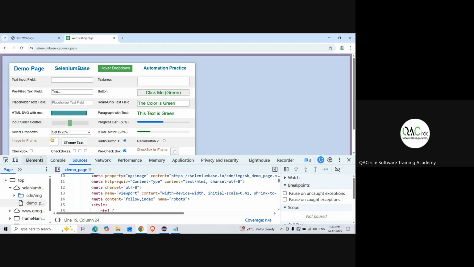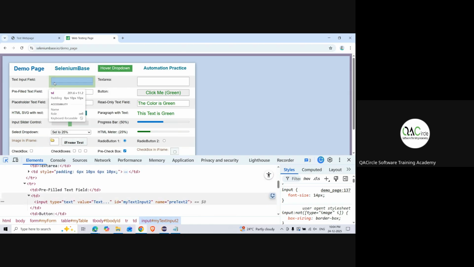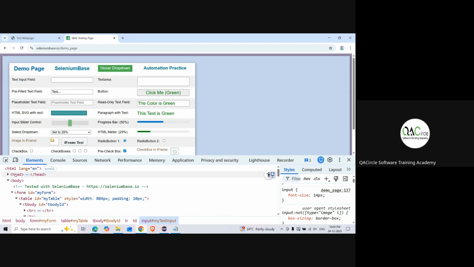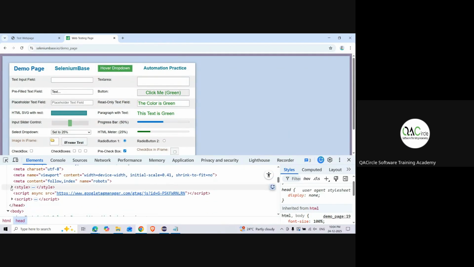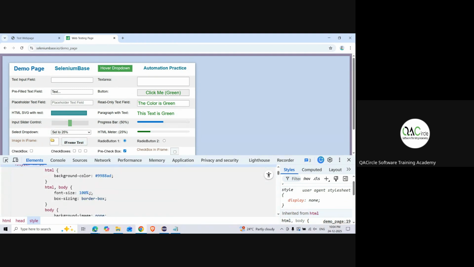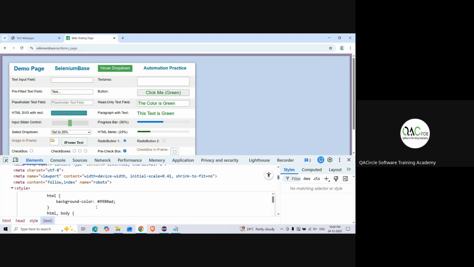This is something in the sources. Elements also we could see. For example, let us go here. Let us see somewhere in the head. There should be style. Here, we could see the entire styling. Let's see edit as HTML. Okay, let's see somewhere. If I put background color for HTML, let's say, this is nothing but a color code,